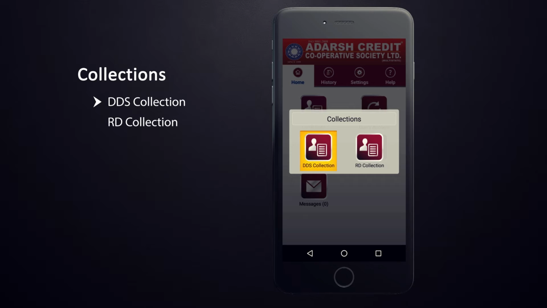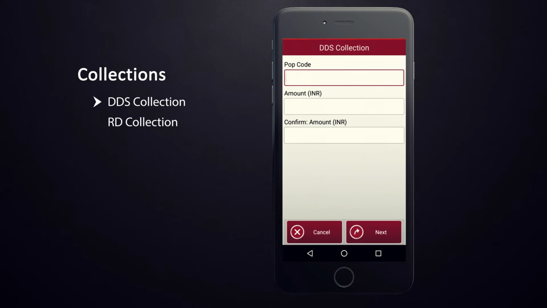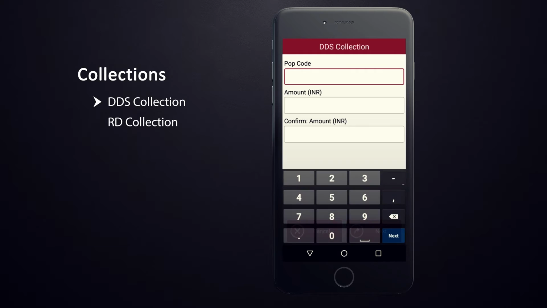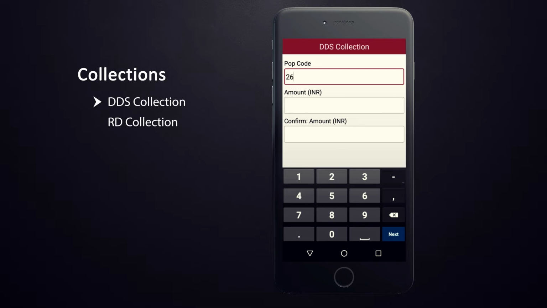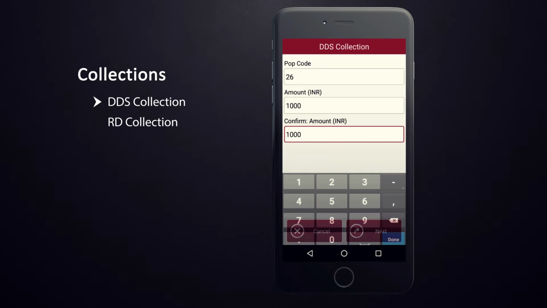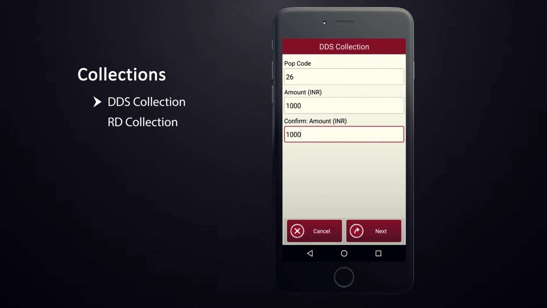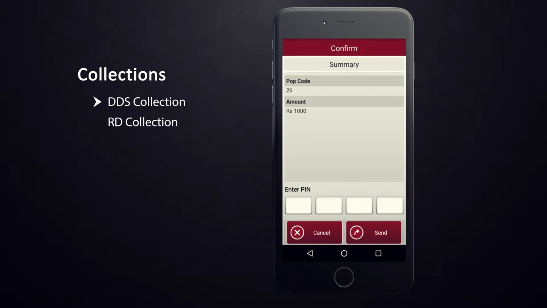For DDS collection, enter the POP code, enter the installment amount and re-enter the installment amount to confirm. If required, you can even enter more than one installment amount at a time. Tap on Next to proceed.